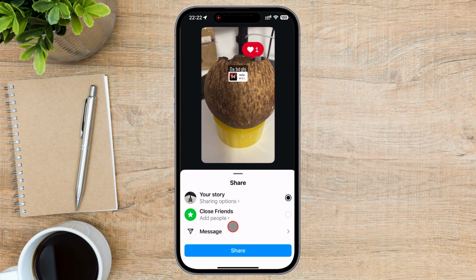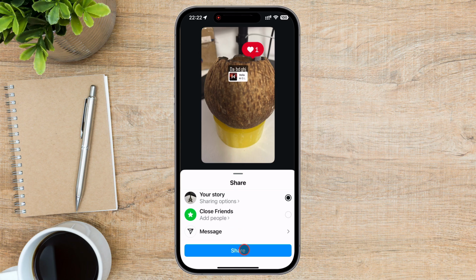Before you post your story, you can decide who gets to see it. Tap on the second option before posting to choose whether your story is visible to all of your followers, or close friends. Instagram allows you to create a close friends list, so you can share stories only with selected people. Hide story. If there's someone specific you don't want to see this story, you can manually hide it from them in the story settings.